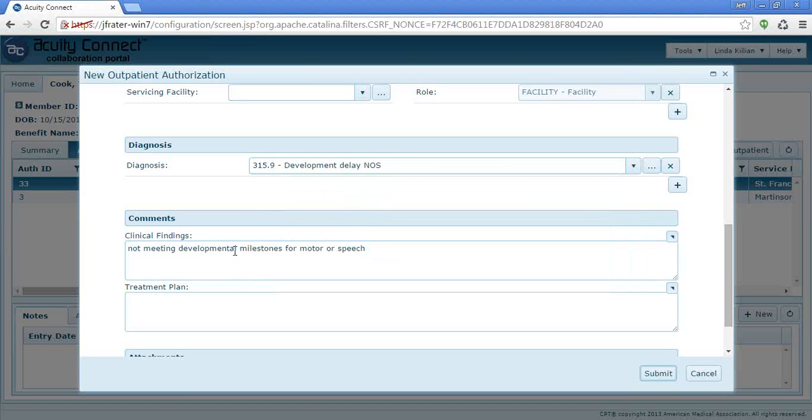That's appropriate. All right, great. We'll use that. And then for treatment plan, I usually type in something like neurodevelopmental therapy based on the outcome of the screening. That's perfect. Okay, we'll use those two.